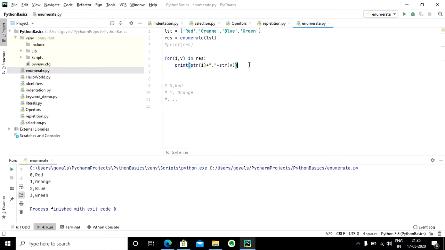But one purpose which can be mentioned right now is that I can convert any indexed collection into a dictionary.